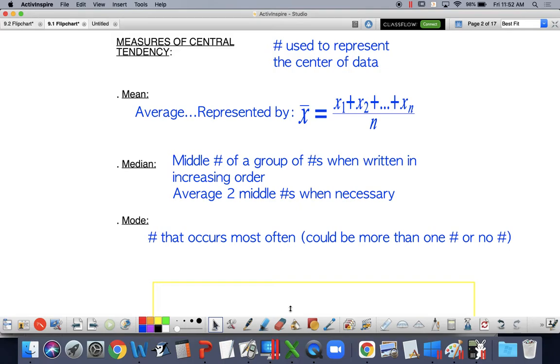Now, last year, the AP Statistics exam officially took mode off of their list, so I do think mode will eventually be kicked out. It's not necessarily one that we always want to consider. But students always ask, what if there's no number that is repeated two or three times? Well, then you can say my data set has no mode. Or what if there are multiple points that occur with the same frequency? We would say that all of these represent the mode. You don't average them or anything, you just list out that these are all the modes. Kind of a weird way, but that's how they do it.